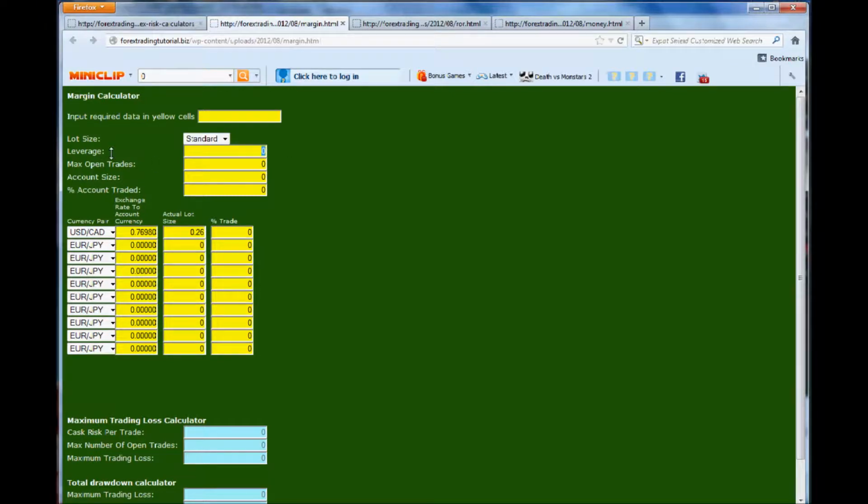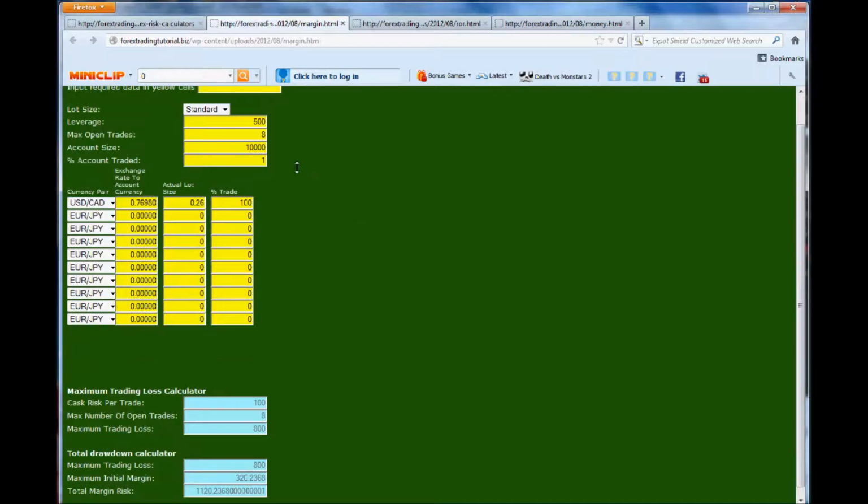Now we have the ability to put our leverage in. Whatever leverage is offered by your broker, that's the leverage you put in. Say, for example, we want to open a maximum number of trades of 8. We're going to risk, in this case, 1%, our account size was 10,000, and let's say we are trading 1%, and we're only trading 100% of